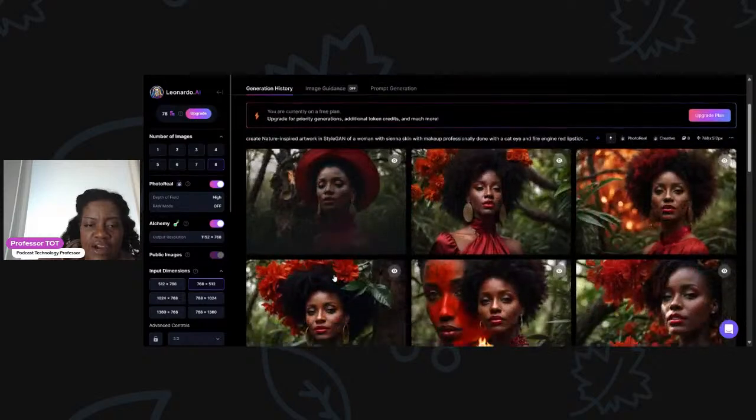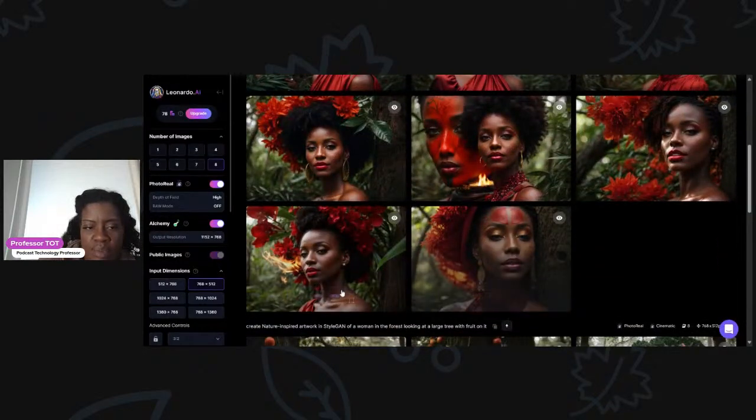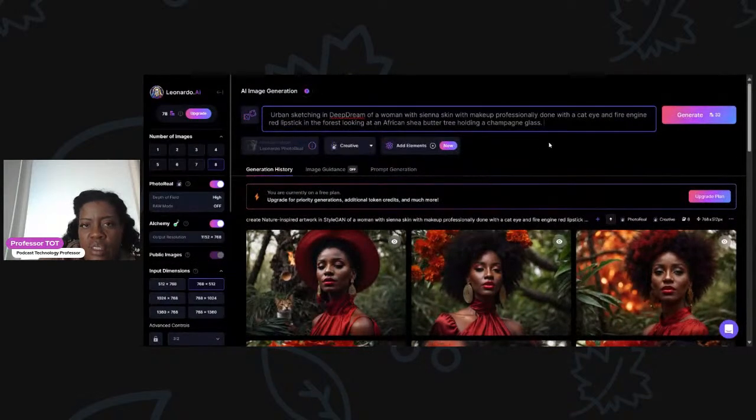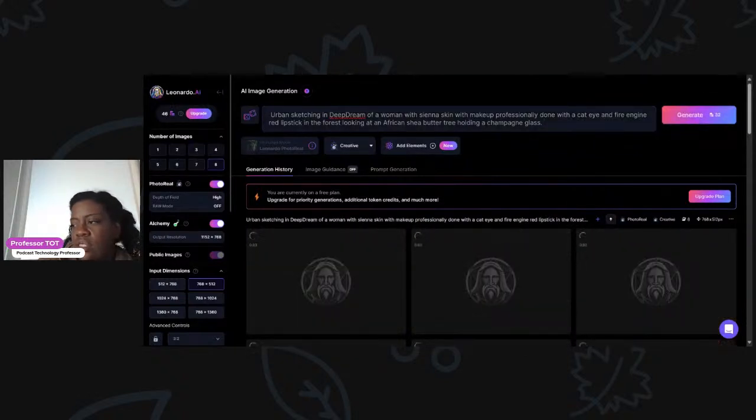Notice she has the fire engine red lips, which I mentioned. This is not necessarily fire engine red, but I think a lot of the other ones are spot on. So she's holding a champagne glass. It's going to cost me 32 tokens. I only have 75 until I upgrade. So let's do generate and let's see what happens. I'm not mad at this. I actually think this is a product or